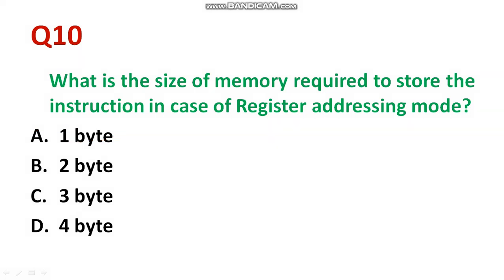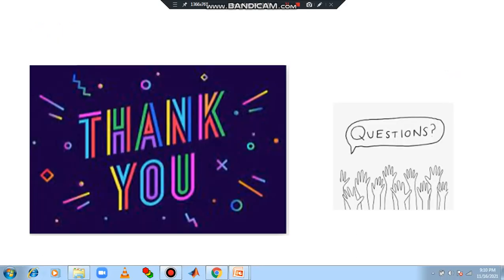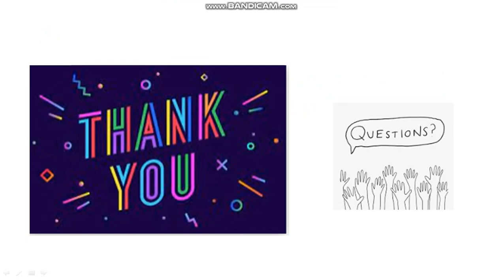Now we have to discuss the remaining part of addressing modes, like indirect addressing mode, implied addressing mode, etc., in the coming session. Let me know if you have any questions, and you can put up the queries and clarifications in the comment box. Definitely I would like to revert. So before starting the next session, kindly go through the details about other types of addressing mode, like what is indirect addressing mode, what is direct addressing mode, and what are the advantages and disadvantages, what is implied addressing mode, etc.